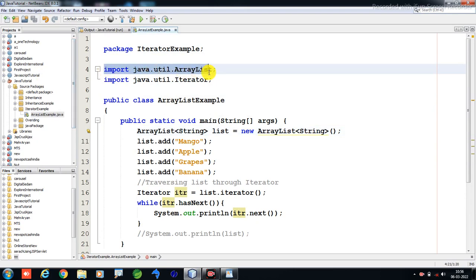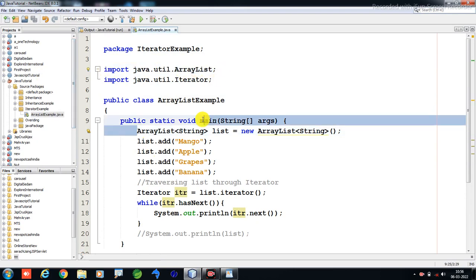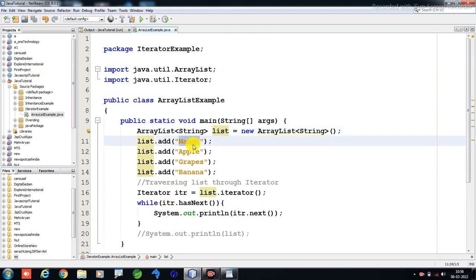Import java.util.ArrayList. I have created the array list here. These are the string values. Added the elements. I will create